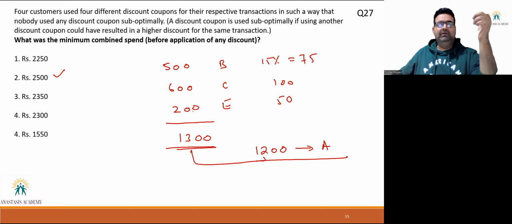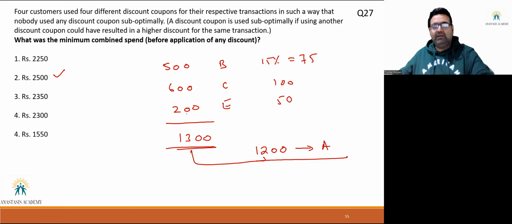But there is another thought. See, most likely this is going to be the answer. If you check various answer keys available online, almost all of them have given answer 2500. I don't fully disagree with that, but there is one contention which I'm giving you, and that will get resolved once the response sheets come. Out of 28 questions, this is the only question where there is a 1% chance of a dispute. If they give answer 2500 and somebody has the other answer, that will clarify this very soon. 2500 is a fine answer. I'm not saying it's incorrect, but let me tell you my thought also in this question.